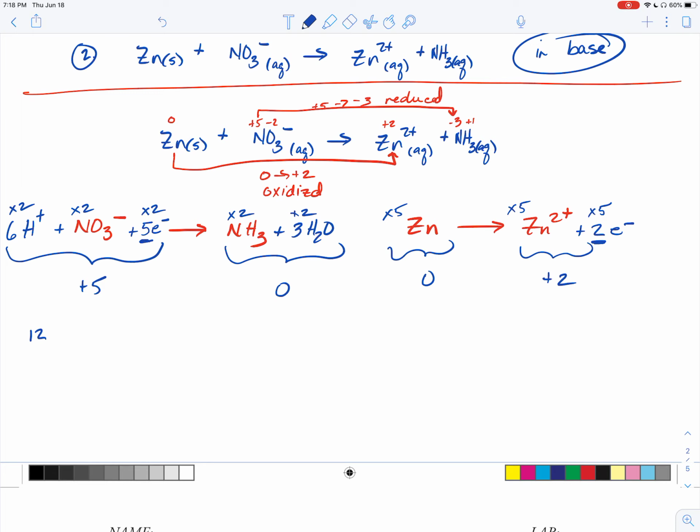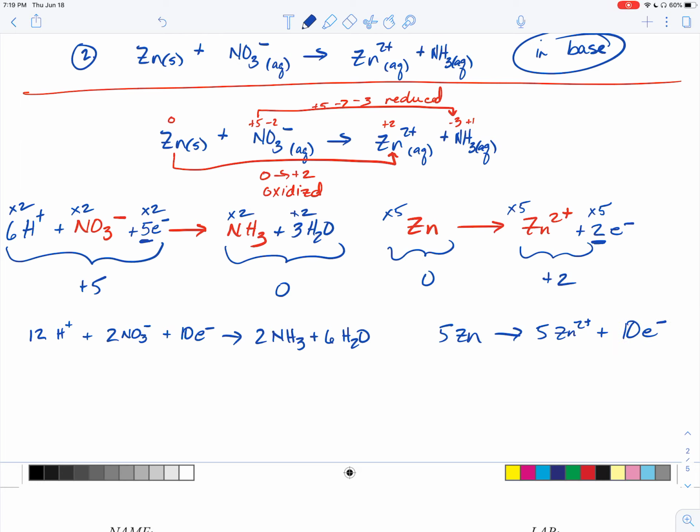This will be 12 H pluses, 2 NO3 minuses, 10 electrons yields 2 ammonias, plus 6 waters. That's 1. And then you have 5 zinc yields 5 zinc 2 plus